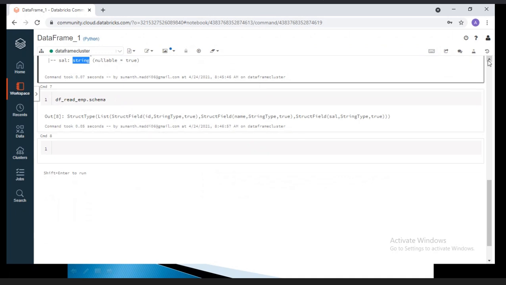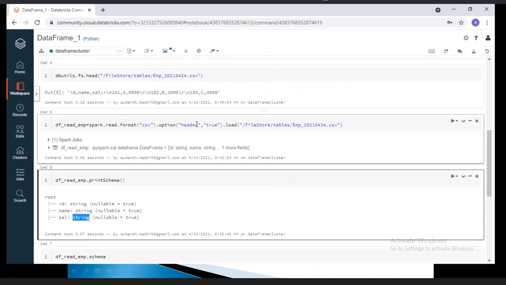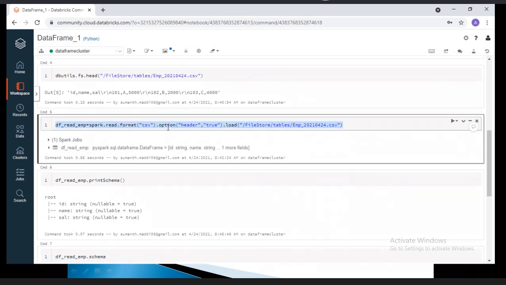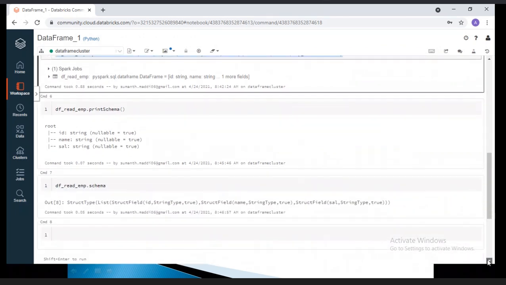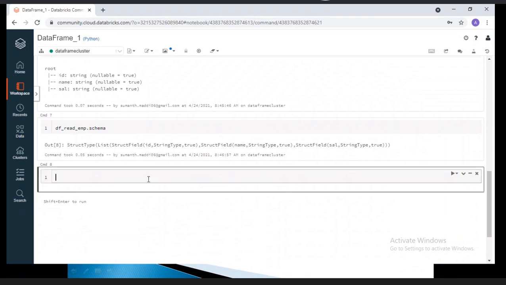Let me go and create the same data frame. We have one more option, infer schema, infer schema equal to true.